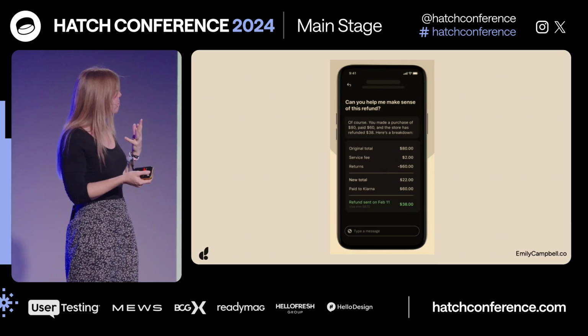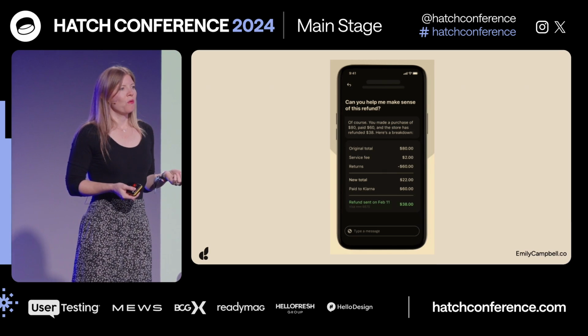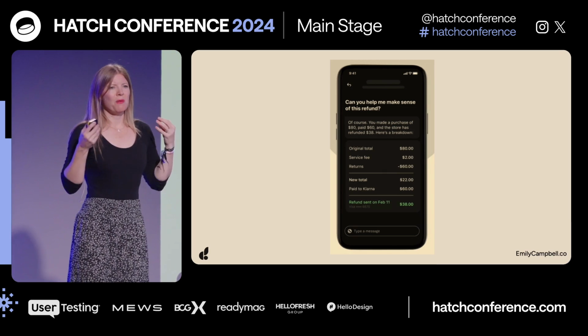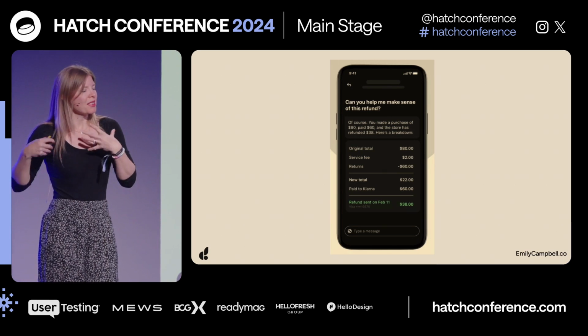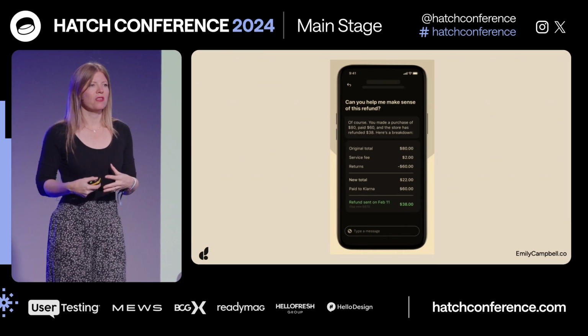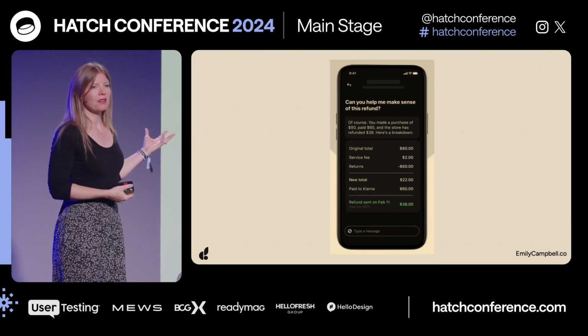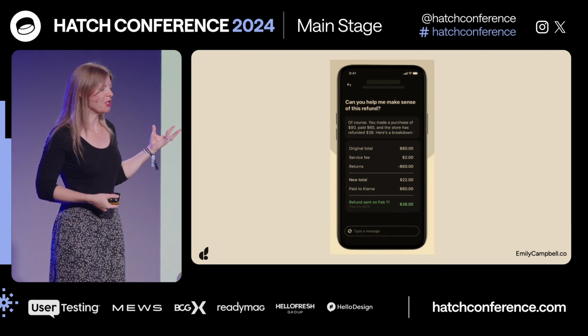Here's a photograph from Klarna, where you might have a receipt and you want to say, where is this coming from? Well, it could be really hard for me to go into some kind of support documentation or additional information behind this. I can just ask the AI, look at this picture and tell me what's going on here.